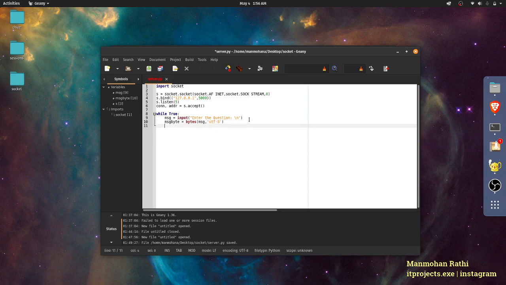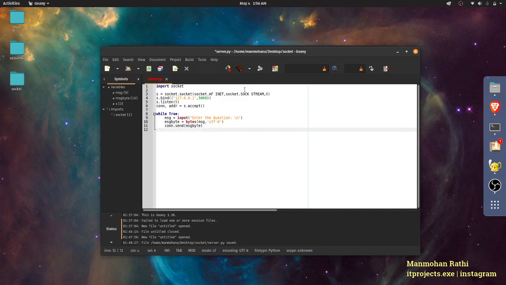Now we can send the message. We use conn, the variable we declared earlier, conn.send, and in the brackets we send the message converted to bytes.